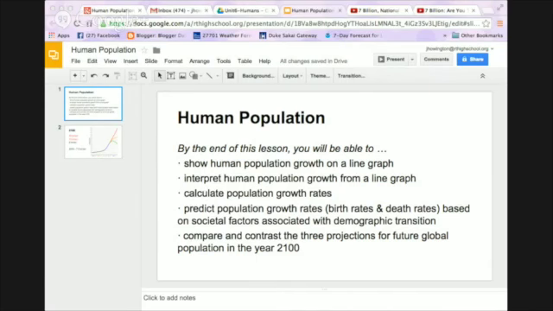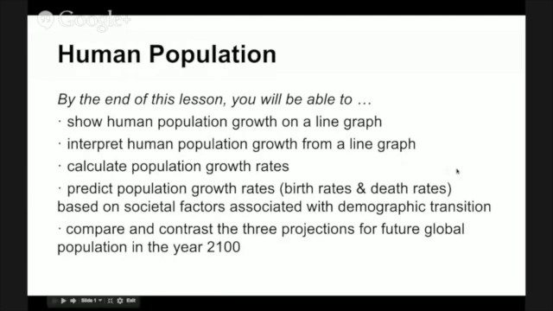Hello, everyone. To start off this unit on humans and the environment, we're going to start talking about human population. So, by the end of this very first lesson, you will be able to show human population growth as a line graph. You'll be able to interpret human population growth from a line graph. You'll also be able to calculate population growth rates, predict population growth rates, which includes birth rates and death rates, based on societal factors associated with demographic transition, and compare and contrast the three projections for global future populations by